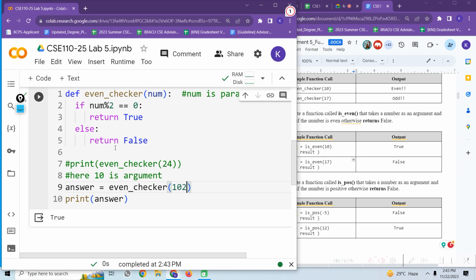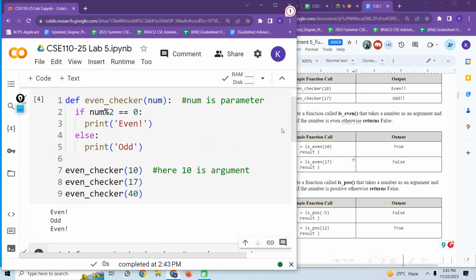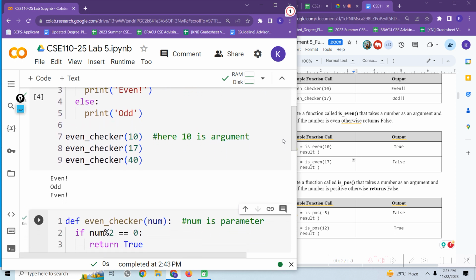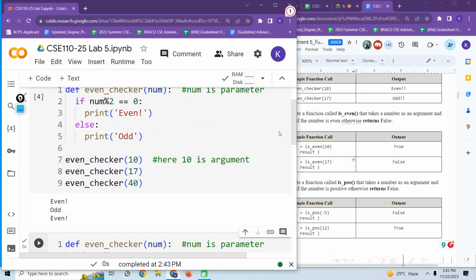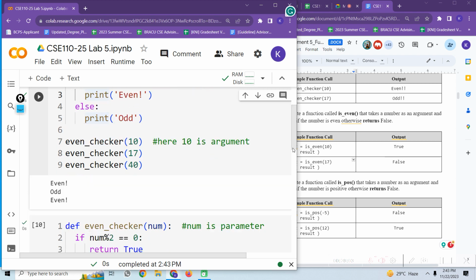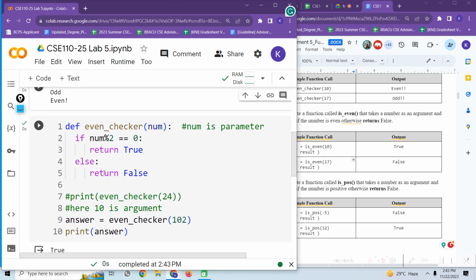So it is basically the difference between printing inside the function and returning something from the function. If your question says that you have to print something inside the function, you just have to print. You don't have to return anything. But if it is written that you have to return something, then you have to return something. Okay, so there are more details or some other criteria of return, but I want to go through that because